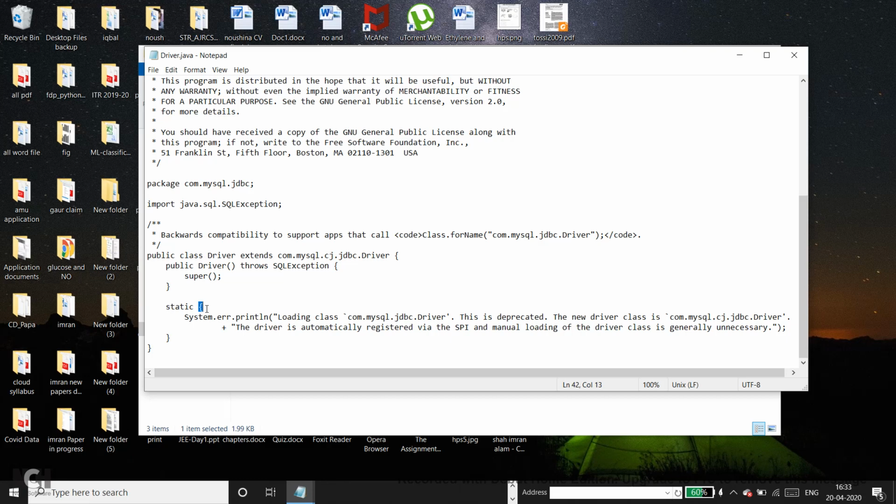Then if you like, you can create an object of the particular class which is already loaded and the static block has been executed, and while you create the object, the constructor runs automatically. So just like the constructor runs automatically at the time of creation of the object, similarly this static block runs at the time of the loading of the class by the class loader. So this runs automatically.